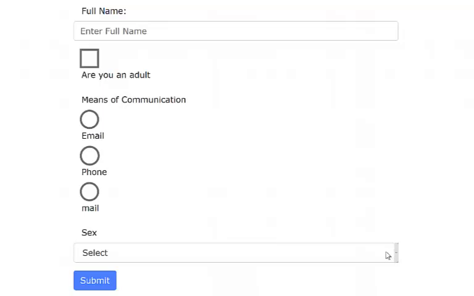Good morning, everyone. In our last video, we saw how to capture first number and second number using an input text box, add them together and display the result. Today, we still want to use the input text box to capture a number. Also, we use a checkbox to capture